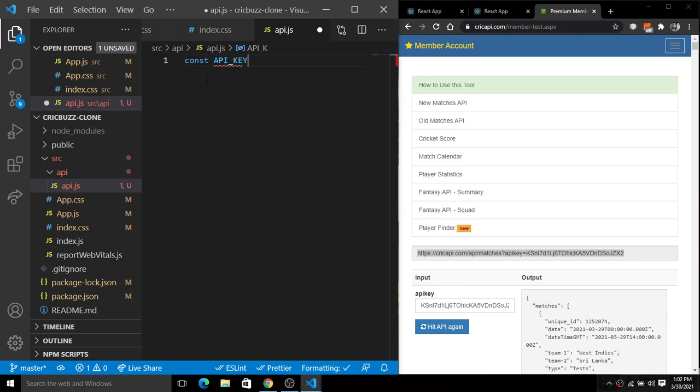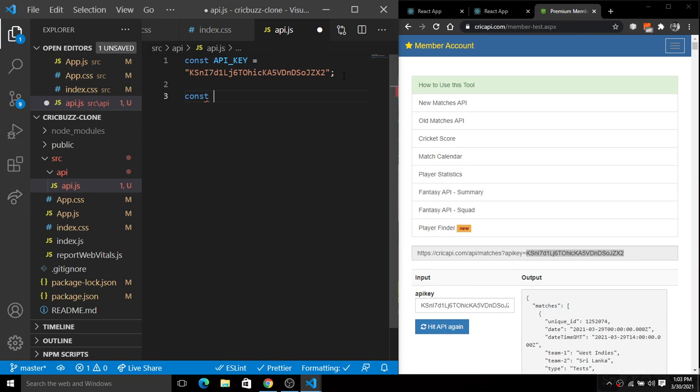So here we will simply put the API key. Let's grab this API key, copy this, and simply paste it down here, right? So we have this API key here, and here we will simply create a get because we have to simply generate the match list, or simply matches here.